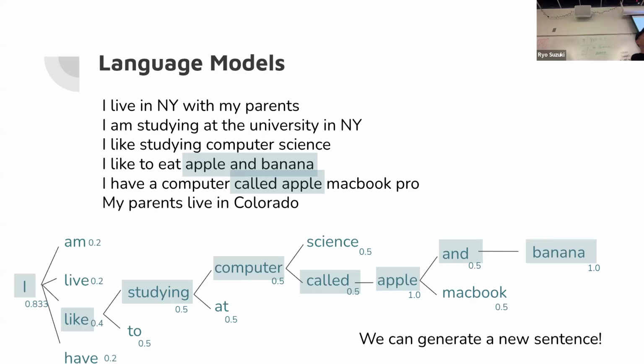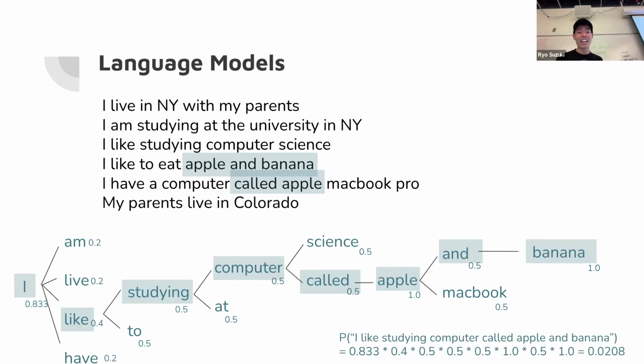So given you have the model and a data set, trained on these training sentences, now you actually generate "I like studying computer code apple and banana". Amazing. We can generate new word sequences out of the training data set, right? That is how the language model works. And as I said, it's called a bigram, and the sentence is decomposed into the probability of this, the probability of this given this, the probability of this given this,